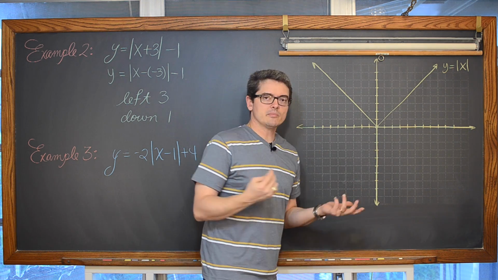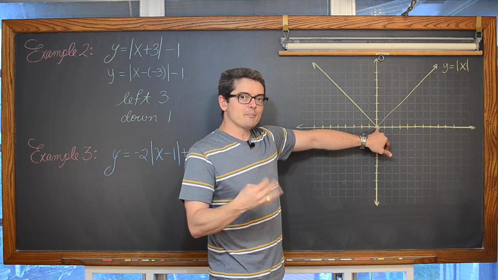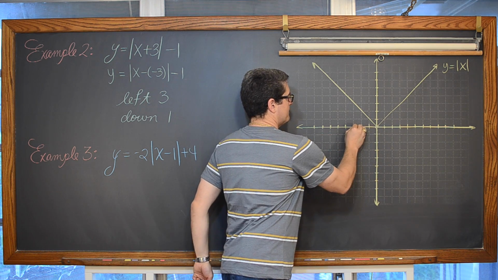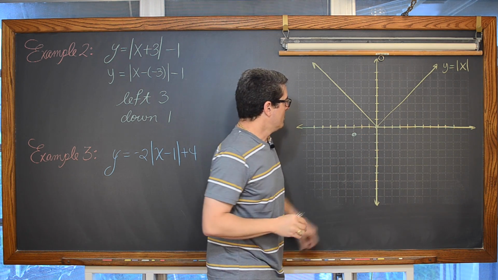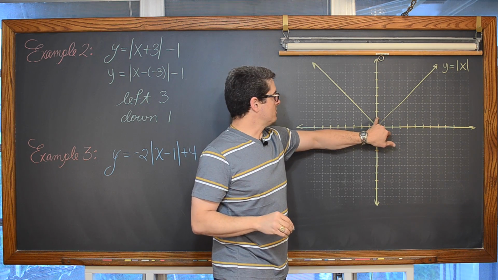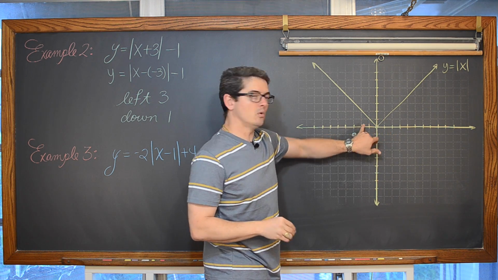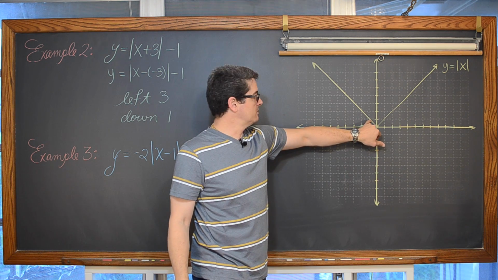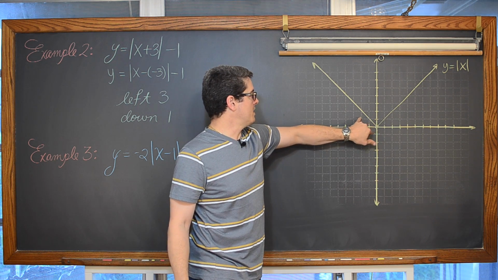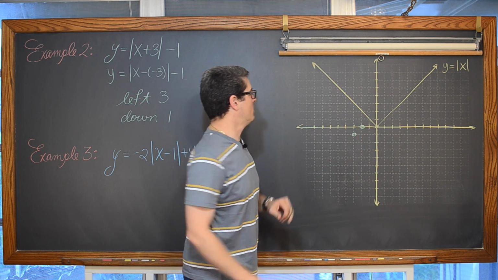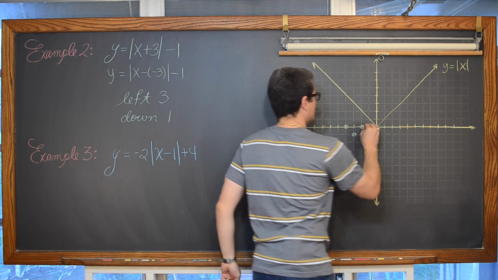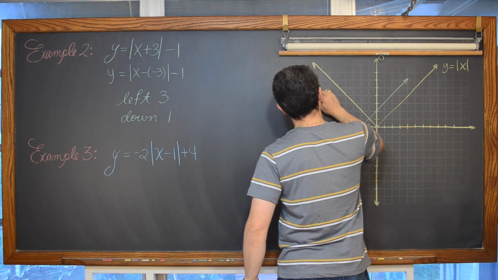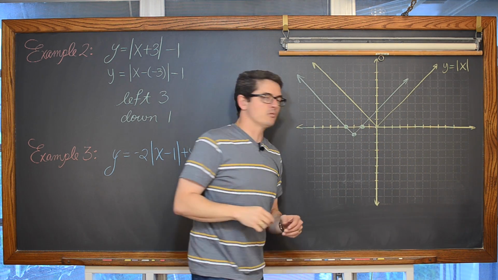So let's start with the most obvious, where the sharp bend is at 0, 0. Let's move that left 3 and down 1. We have a point at 1, 1. Let's go left 3, 1, 2, 3, and down 1. Over here, we're at negative 1, 1. And so 1, 2, 3 to the left and down 1. And just as a quick sketch, we are looking at a graph that looks something like that. Oh, I missed the grid there a little bit.